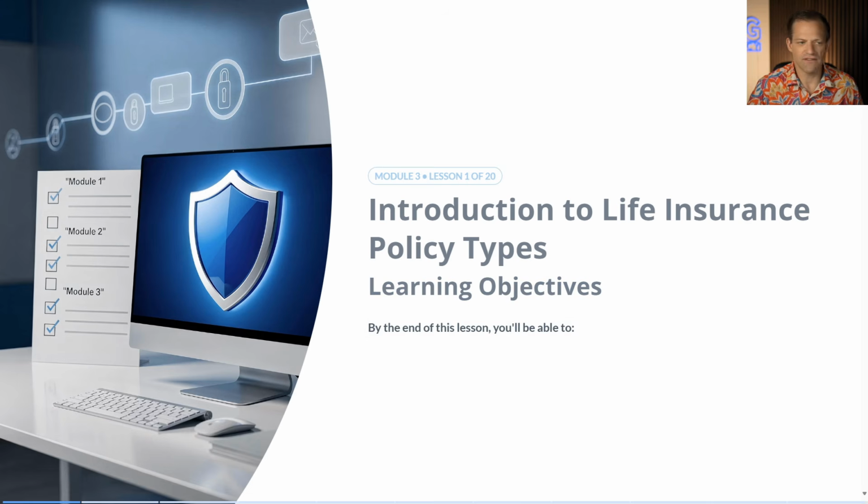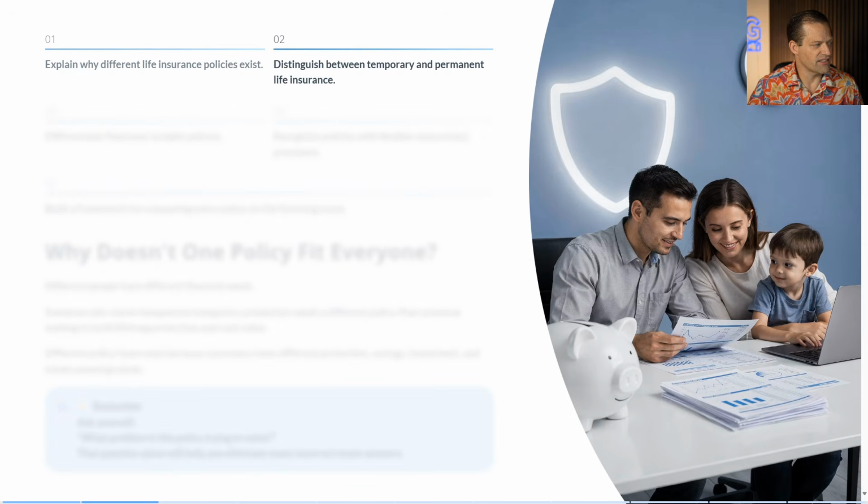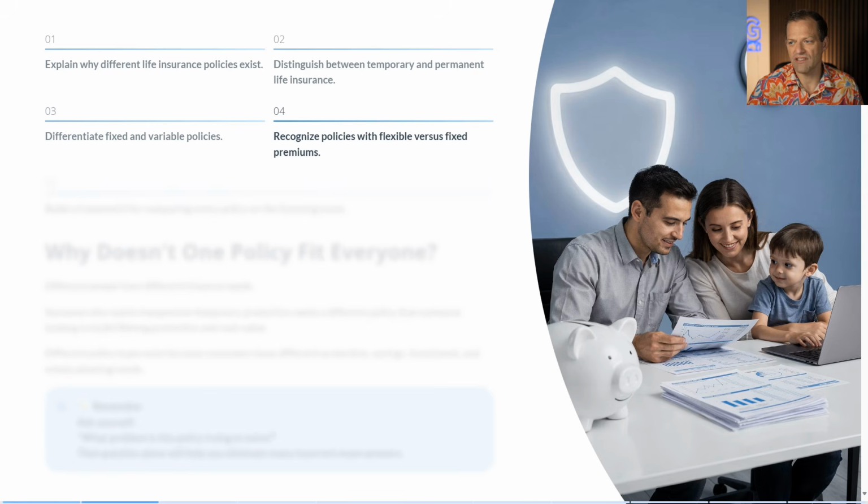Learning objectives today include discussing and explaining why different life insurance policies exist, why there's not just one type, and distinguishing between temporary and permanent life insurance. It's very important to understand the differences for yourself as an agent, but also to help people, and to pass tests. And differentiate between fixed and variable policies, recognize policies with flexible versus fixed premiums. And lastly, to build a framework for comparing different kinds of policies on the licensing exam